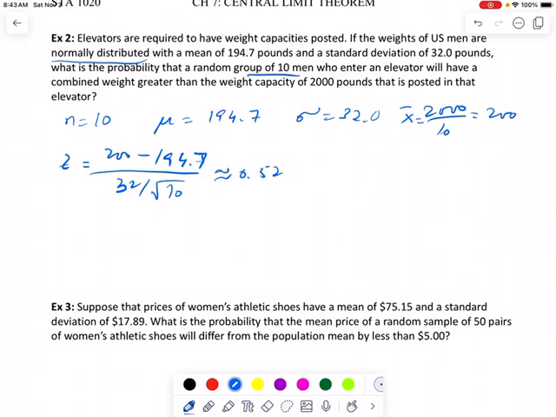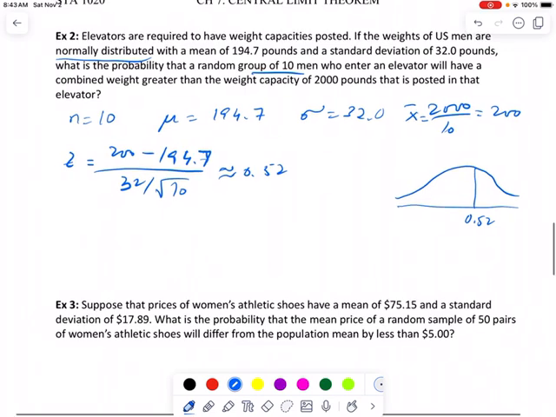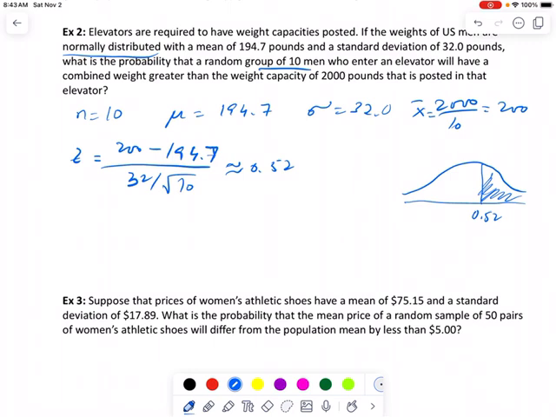So if you draw your bell curve here, 0.52 will be a little bit to the right of the mean 0. So we want to find the probability that the total weight is greater than. So we shade this area. So it means now we want to find probability that Z is greater than